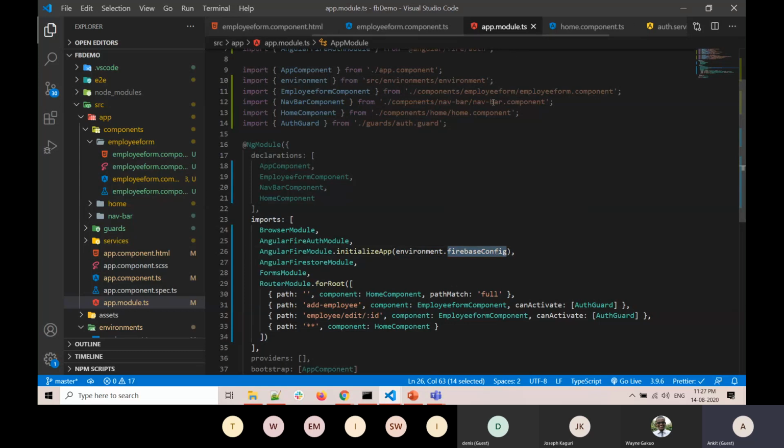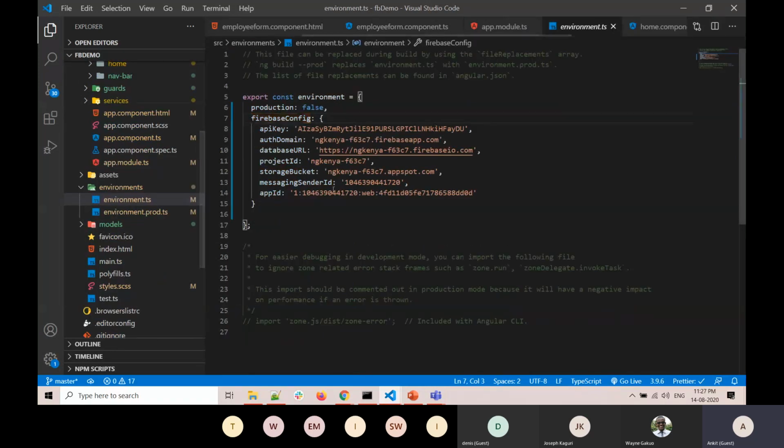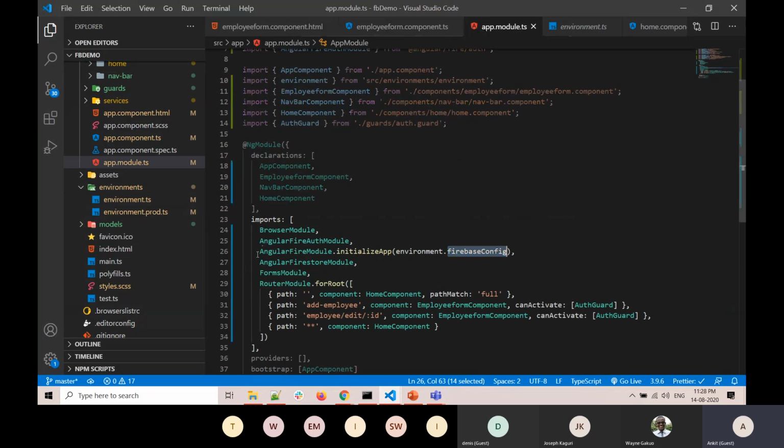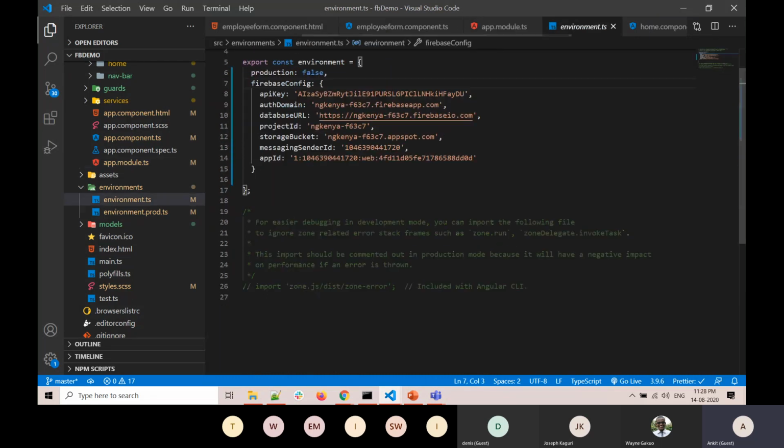So what configuration have we mentioned? The same configuration which we have just copied from our Firebase. So whenever we launch the project, app.module will be kicked in, and at that particular time, this particular line will be executed, and it will initialize our app with all the details mentioned over there for the Firebase configuration. In this way, our Angular application can talk to a Firebase project using this particular SDK configuration. So this is how we establish a connection between an Angular application and a Firebase application.